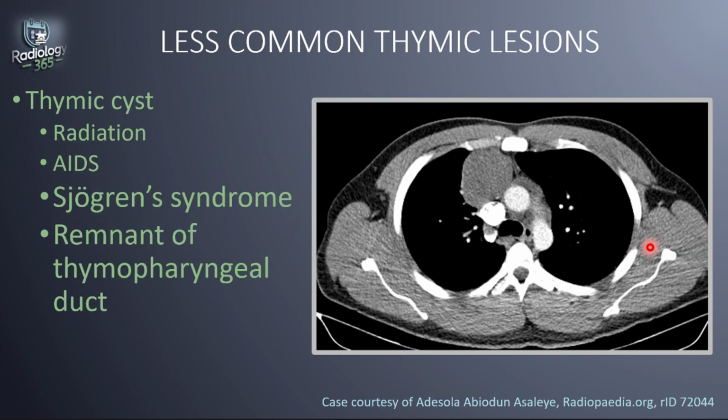Next, we'll talk about a thymic cyst, another less common thymic lesion. Thymic cysts may be secondary to radiation therapy, for example those administered to treat Hodgkin's disease, and it's associated with AIDS or Sjogren's syndrome, especially when multilocular. Or it may also be congenital when it arises from remnants of the thymopharyngeal duct. A congenital thymic cyst may occur anywhere along the course of thymic descent from the neck, but most commonly in